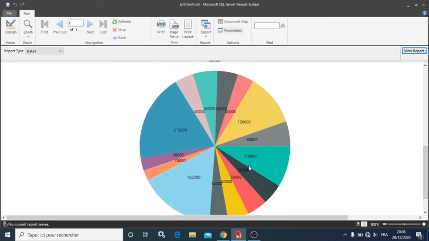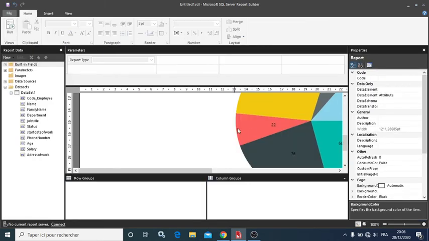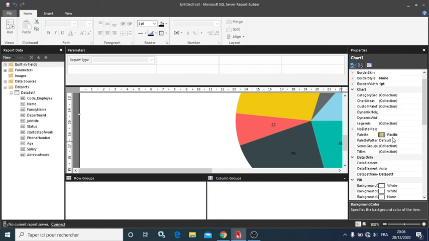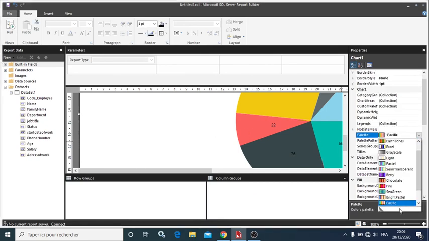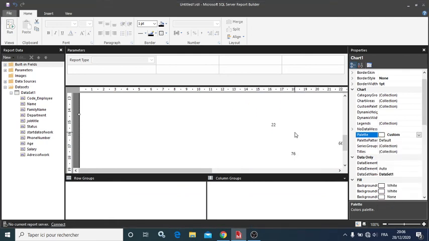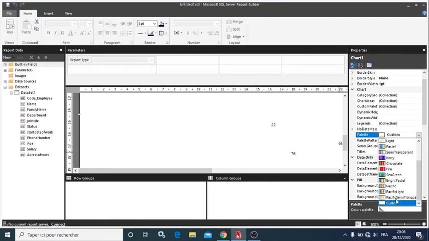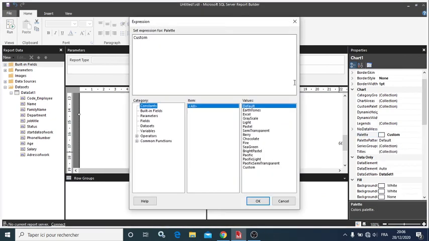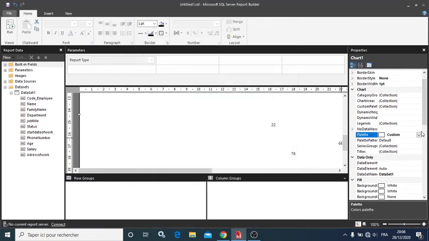And we can also change the colors of the chart. You make it custom. You have to change it by yourself. Okay,